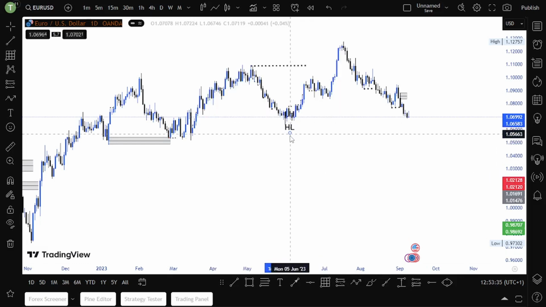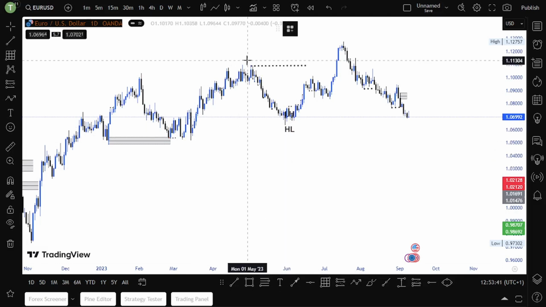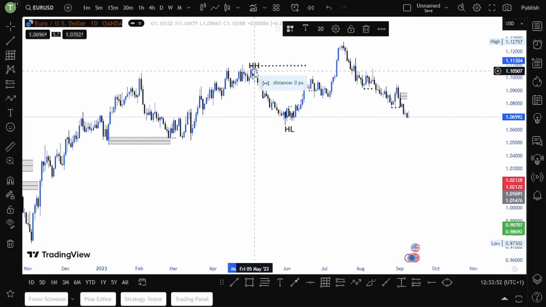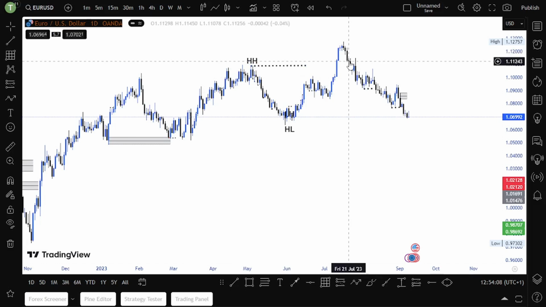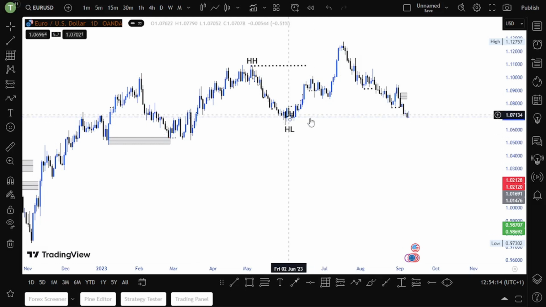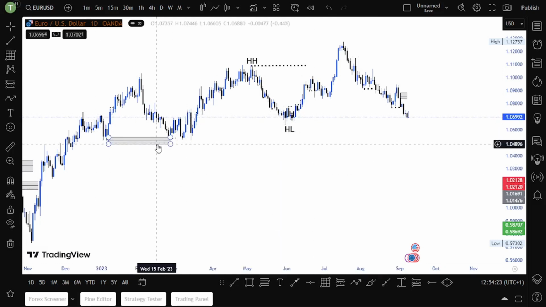On EU, this is our higher low, and this is our higher high, guys. Now price is currently in between this higher high and higher low. This is the break of structure to the upside, but the market is trying to respect this higher low. But as I can see, this higher low will go. Why am I saying so? Because now, looking at the market now,